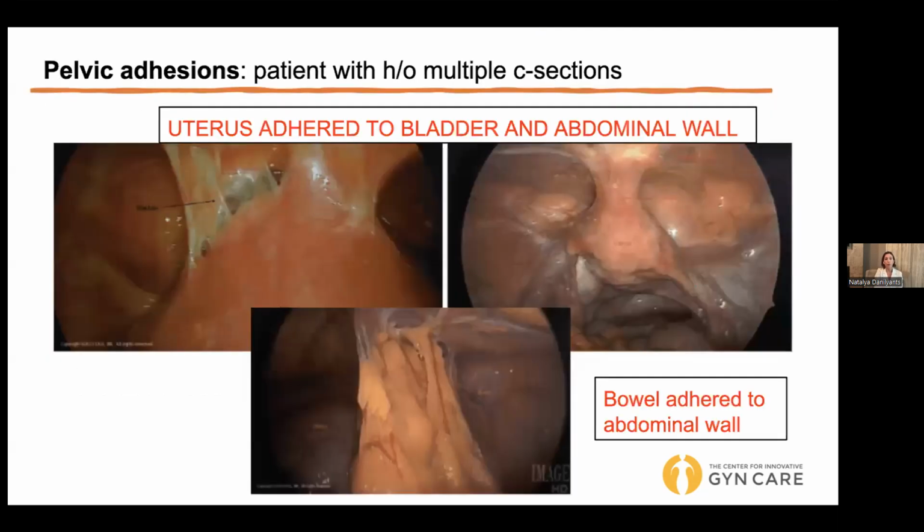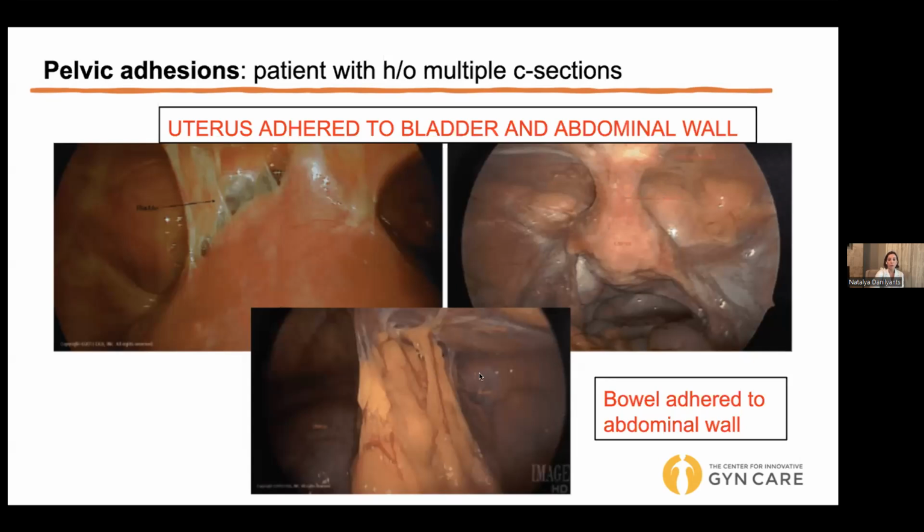So this is an example of a patient with multiple prior C-sections, where this is the top of the uterus and this is the abdominal wall and bladder, and there's a thick connection between them, which shouldn't be there. There's another thick band here, and that's the abdominal wall here, and this is the uterus, so they're fused together and forming this bridge. Normally, the uterus should end here, and there should be space in between. And typically, the bladder is involved in that as well.